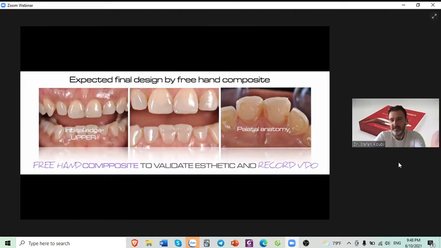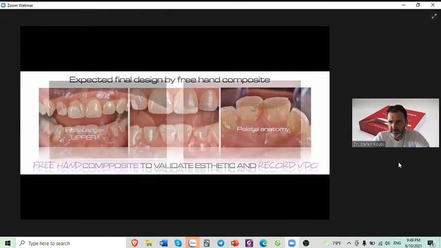In that case, for example, we want to reconstruct both arches. So this means that I have to lengthen a little bit the incisal edge of the anteriors for cosmetic purpose. I need to improve the palatal anatomy of the central incisor for functional purpose and to recreate the anatomy. But moreover, because I have to reconstruct both arches, I also need to make composite in the lower arch just to simulate a little bit the future proportion that I'm looking for. And from that, when you will guide the patient,